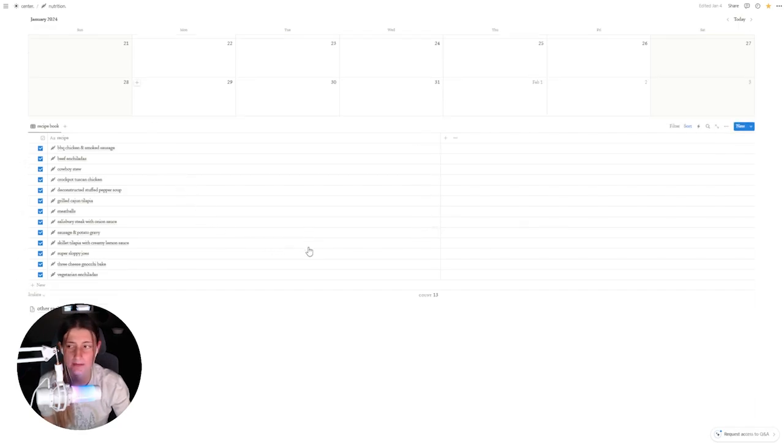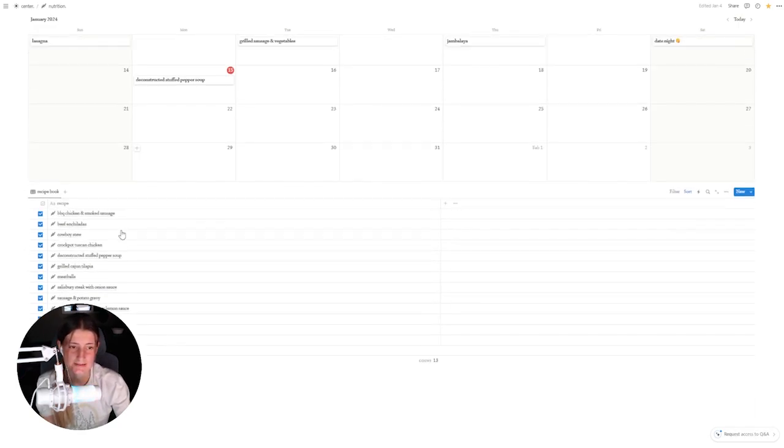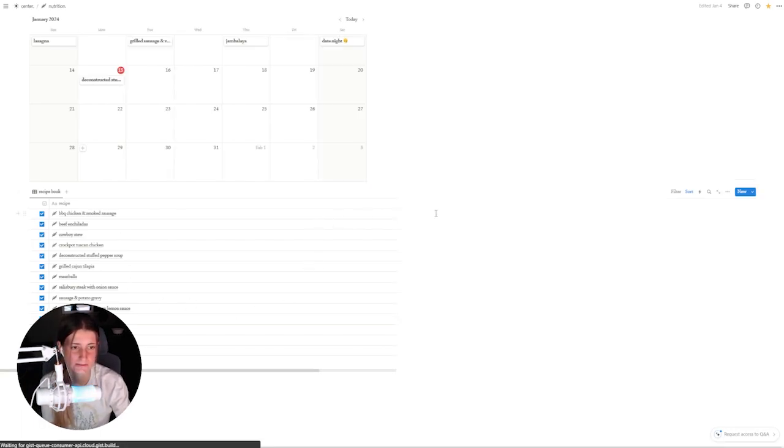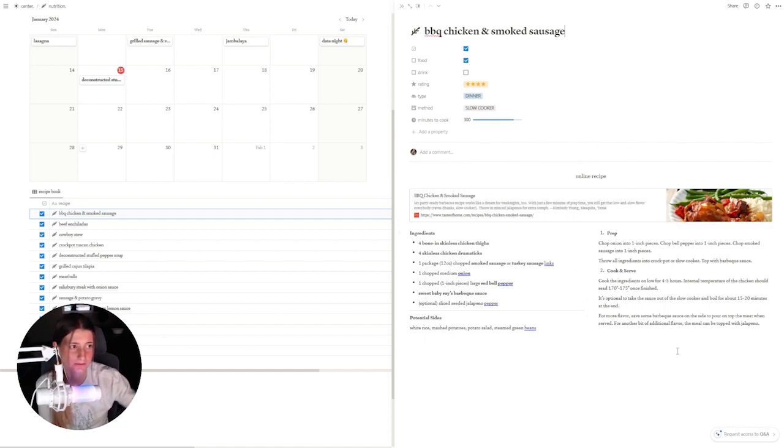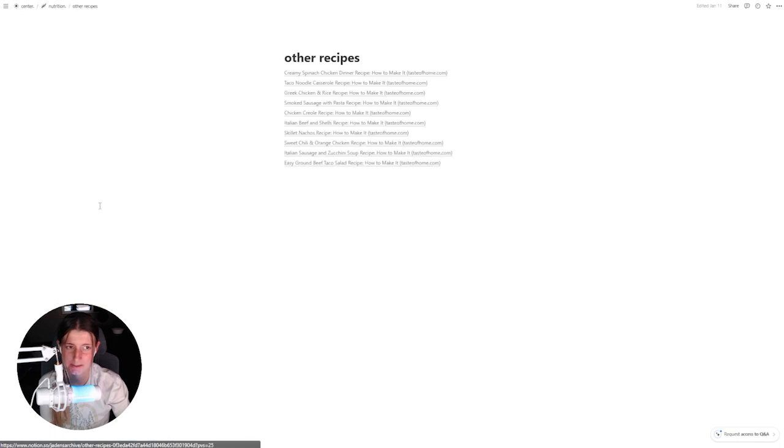Down here, I have my recipe book, and this is all the stuff that has stuck. I'm not saying that this is everything I've ever cooked or everything that I want to cook, but I usually fancy up all of these pages. So I don't like going through all this effort until I know it's a decent meal, and I like to just rewrite them because I can't process the way that some people write out their recipes. It just doesn't work for me and I'll mess it up. So yeah, I rewrite it so that it works better in my brain. And then down here, I just have other recipes. Like I said, these were just ones that I didn't feel like actually putting into the recipe book, so I just made a separate page off to the side for these.